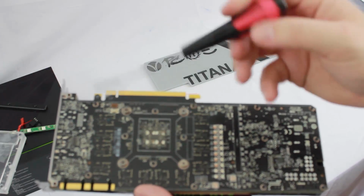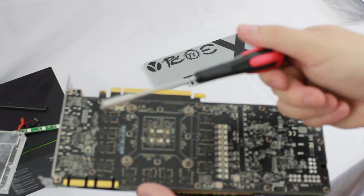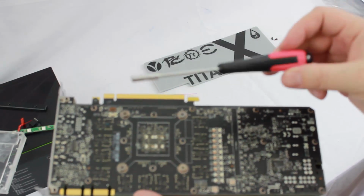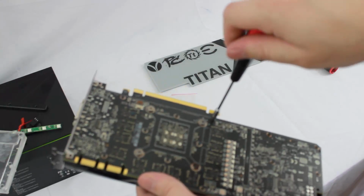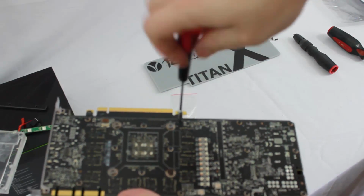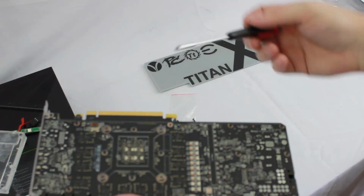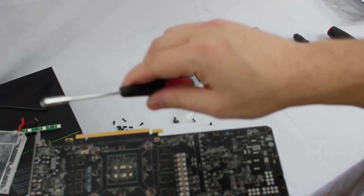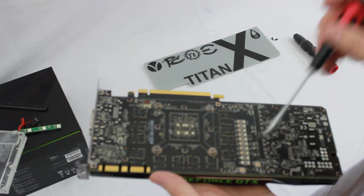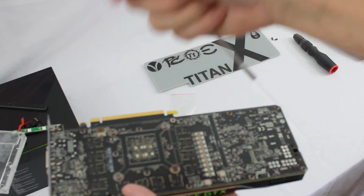Now, this little tool here is pretty nifty. This actually came with one of my Thermaltake water blocks for my GTX 1080, which, as you can see, goes right over this and just very easily takes these out. This is going to save you a lot of time doing this, and it's going to make sure that you safely remove this and that you're not playing with pliers and slip off